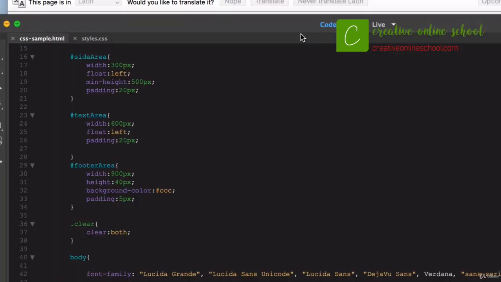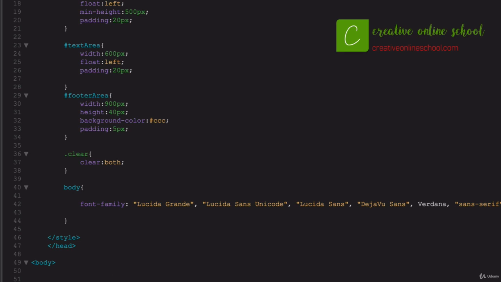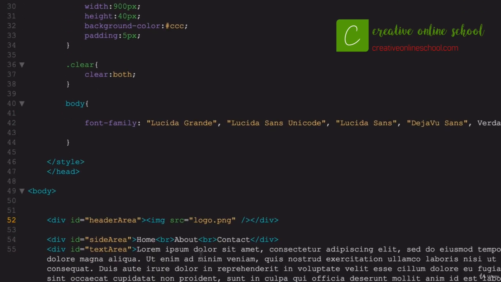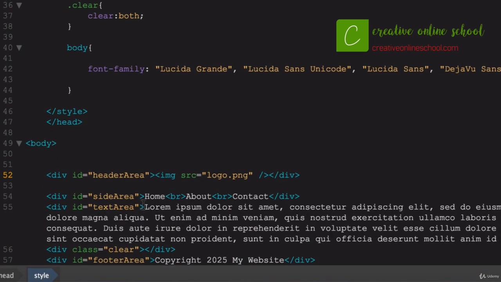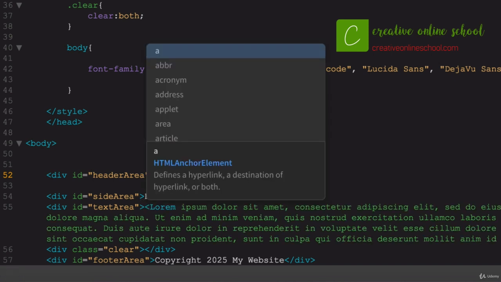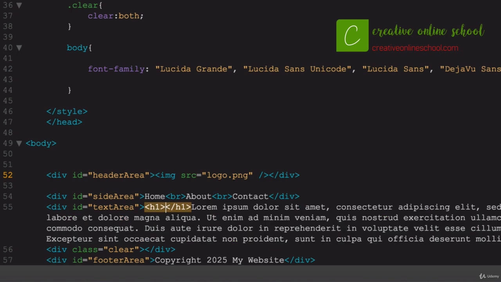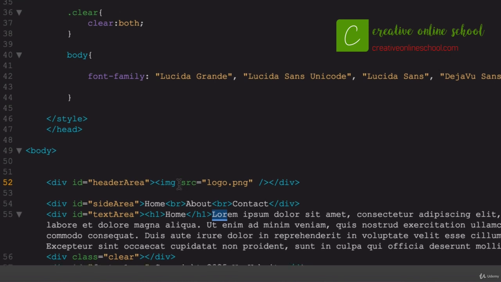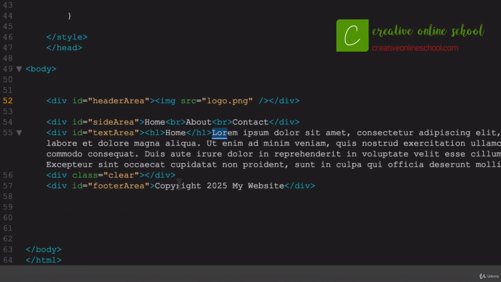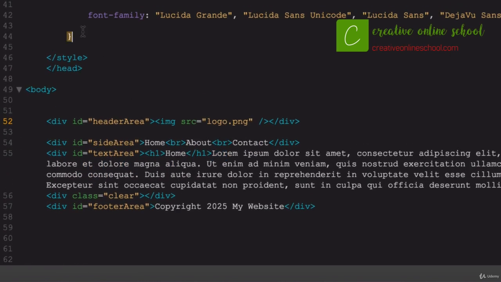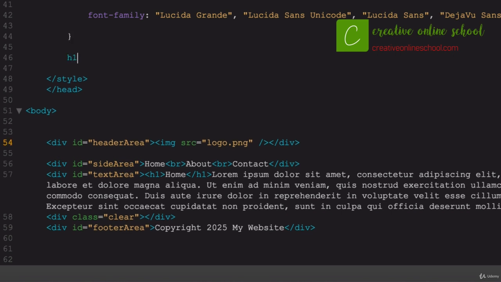So let's go ahead and make sure that we know that we're on the home page and add, within the text area down here, let's give it an H1 tag, and we'll say home, so that we know we're there. Now because it's a header tag, it's going to push this text down to the next line, which is exactly what I want. Now it is going to come in with the default H1 styling, so just like the body tag, let's go ahead and just target that,